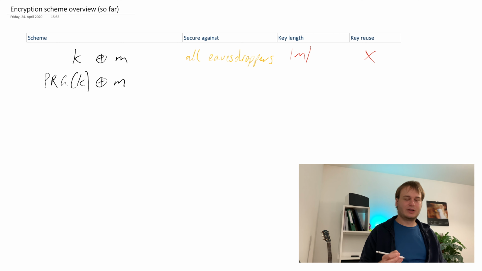Then this is secure against not all eavesdroppers anymore, because as we have seen, PRGs can be broken by exponential time adversaries, but those should be secure against PPT eavesdroppers, so adversaries that only run in polynomial time. Which is obviously worse than the one-time pad, which was just secure against all of the eavesdroppers. However, the key length now is much better,